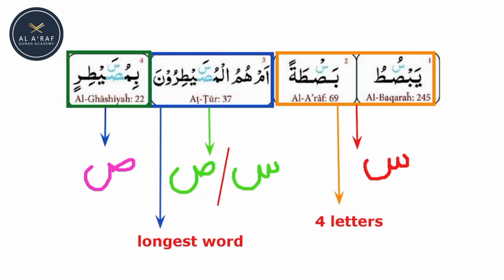So if I just repeat the rules again, I just tell you the trick again. These are just four words in Holy Quran, and those two words that have total four letters, you have to read them with seen. Okay, and the one word that is the longest word, you have to read with seen or sword, your choice. And the last one, there is only one remaining, so you have to read that word with sword. Is that okay now? That's very nice.